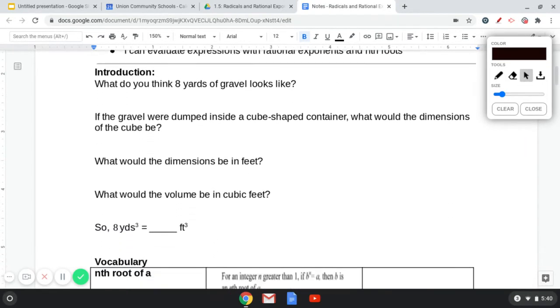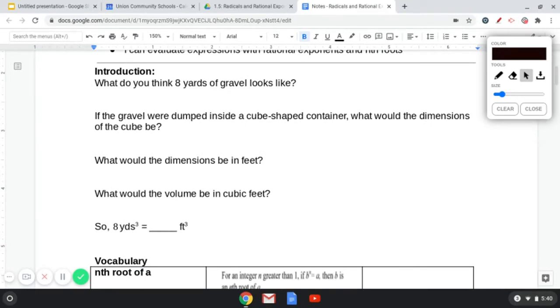8 yards of gravel. What do you think that looks like? Whenever people talk about gravel, they're talking about cubic yards. So 8 yards of gravel actually means 8 cubic yards. So for example, if the gravel were dumped inside a cube-shaped container, what would the dimensions of the cube be? So if we've got our gravel inside of a cube, and all 8 cubic yards fits inside this cube, the dimensions